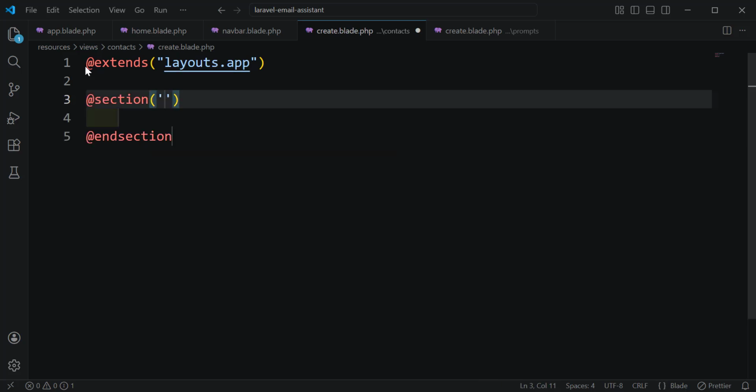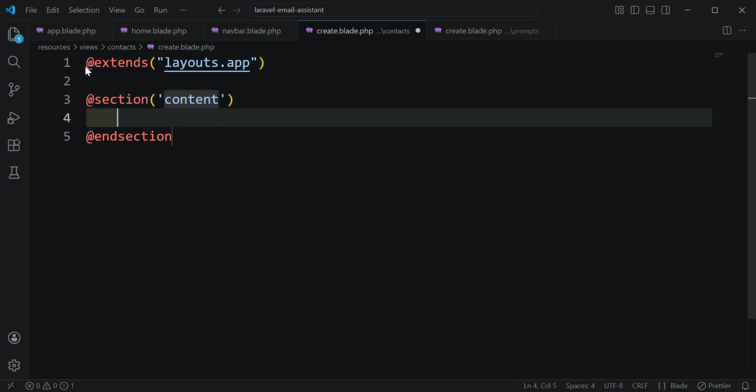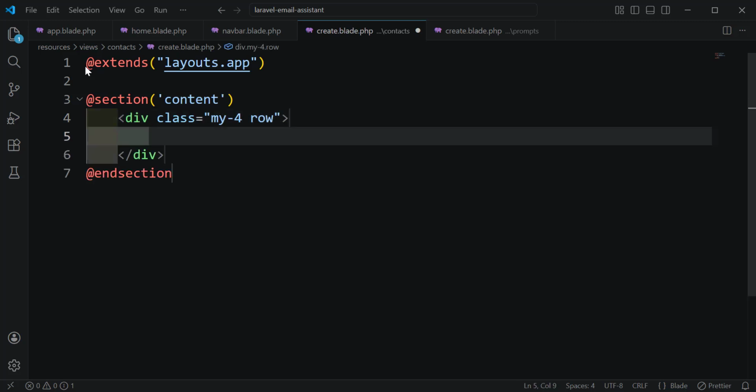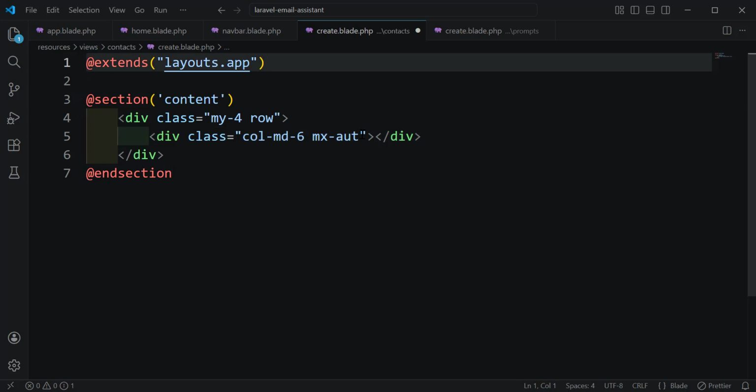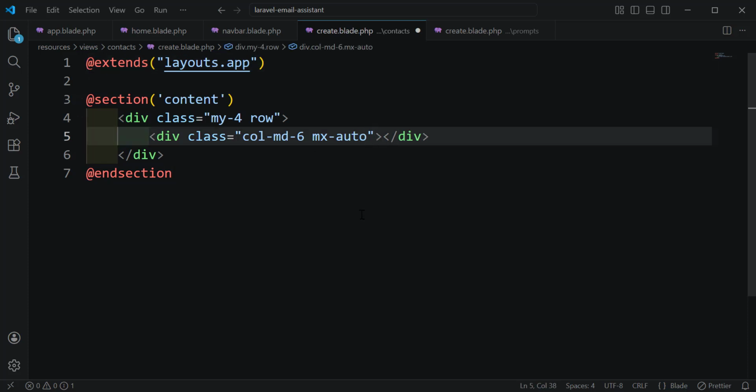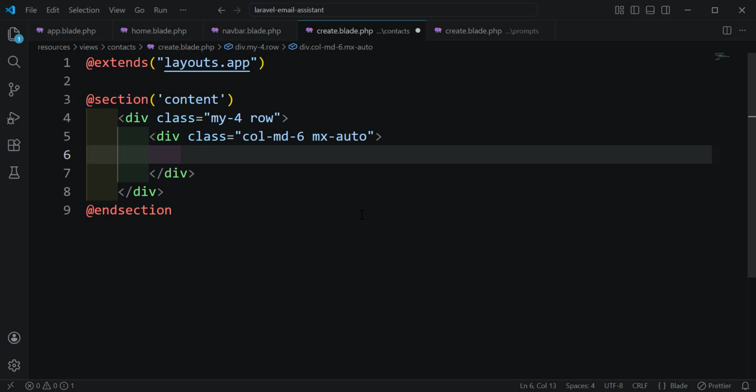and this section will have the content, and inside we add a div with margin top and bottom of 4, and also let's give it a row. And what else? We need another div with col-md-6 and mx-auto. Where is auto? So we need O here. And what else? We need a div with a card,